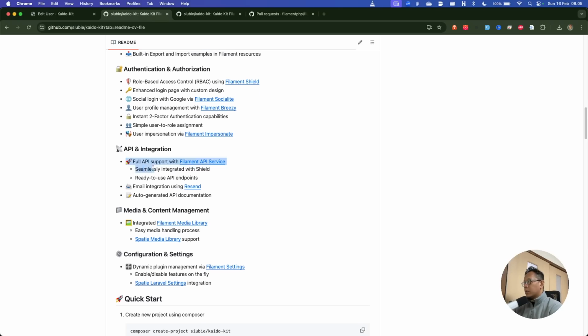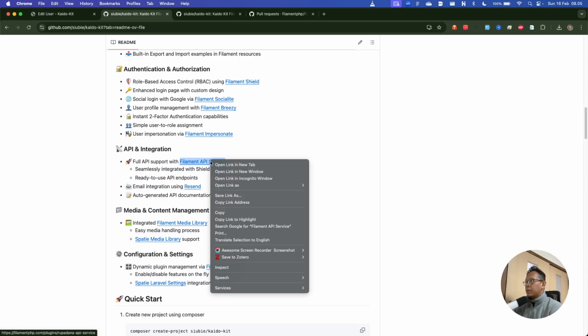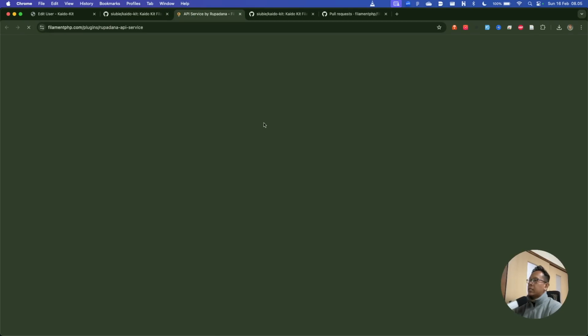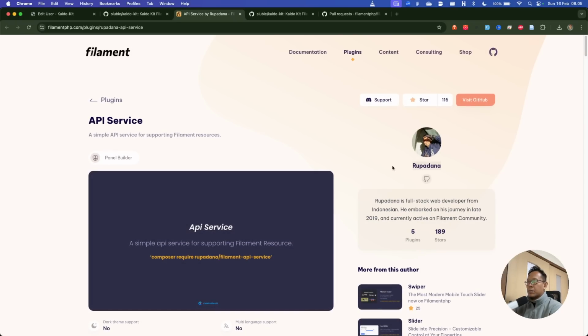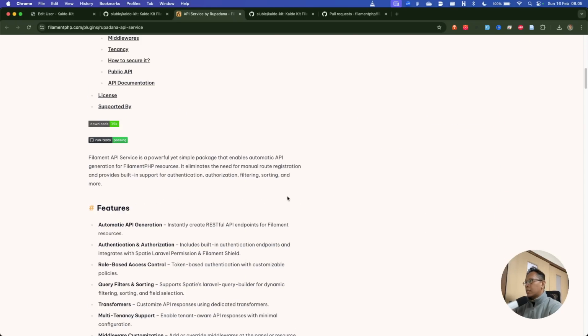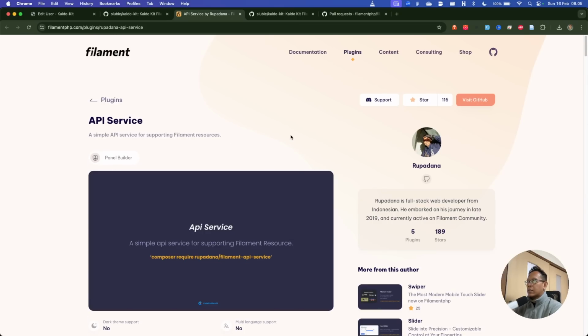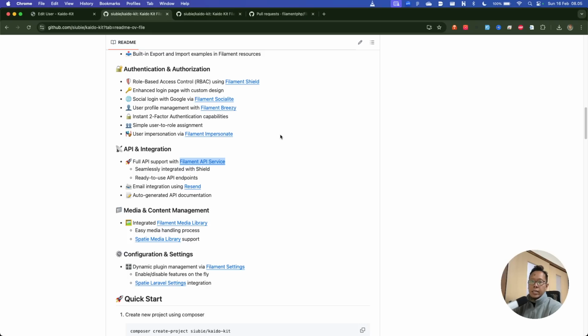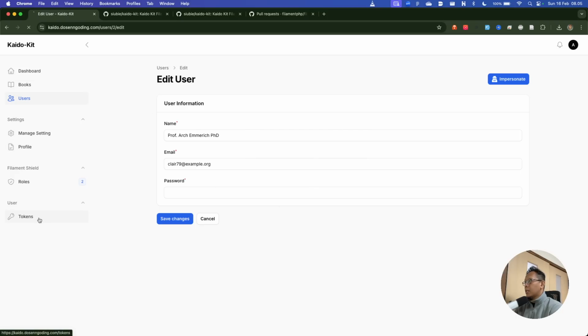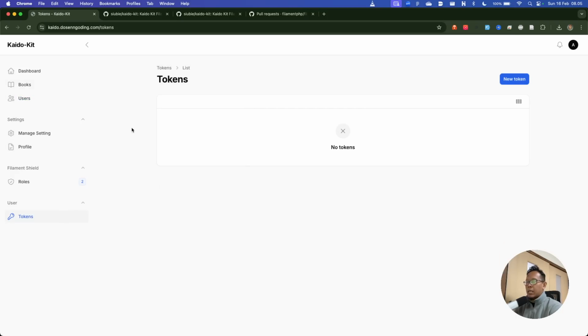And I also use a Filament API service. This is a plugin from my colleague in Indonesia, Mr. Rupadana, my friend. He created an API and a plugin for us to use Filament resource as an API. I also integrate these things into the Filament admin panel.